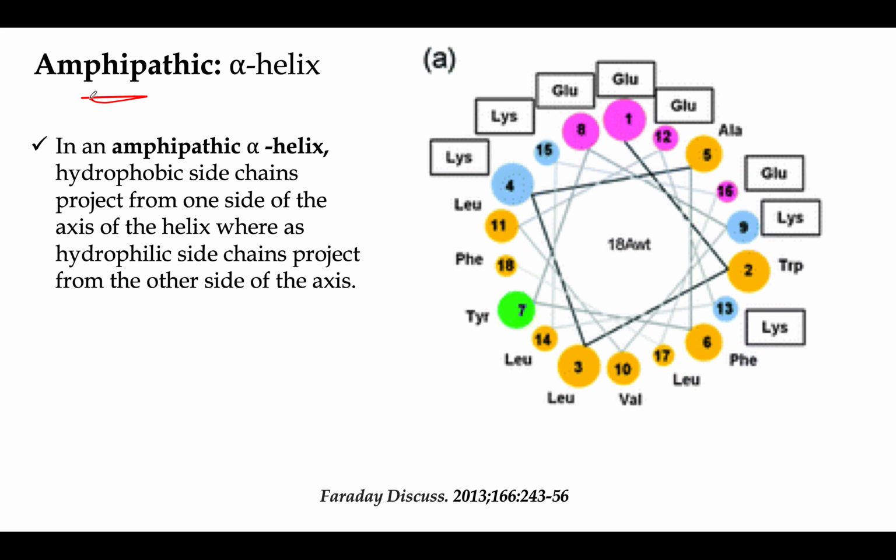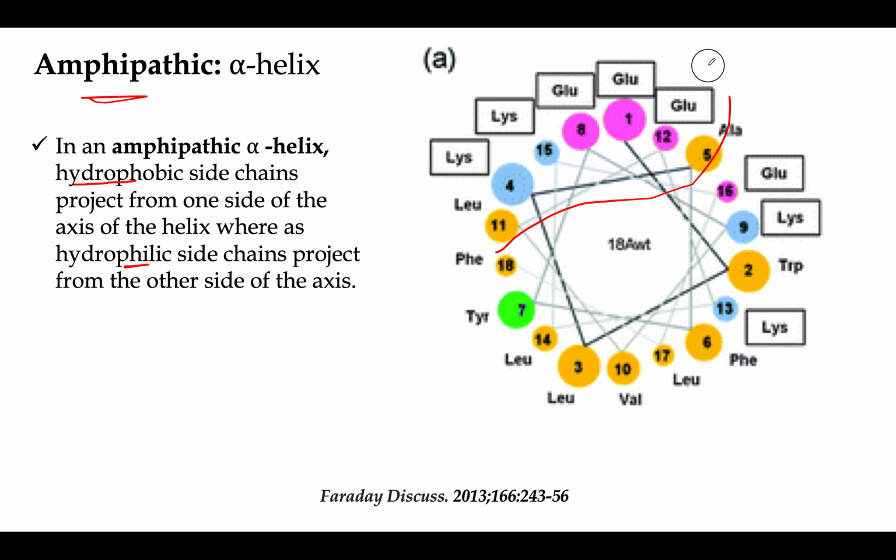So in an amphipathic alpha helix, hydrophobic side chains project from one side of the axis of the helix, whereas hydrophilic side chains from the other side. So let us look at this. This is an alpha helix, a part of the helix. If you look at this particular drawing, I am looking at the helix from the top, not from the sides. And if you look at the distribution of amino acids here,